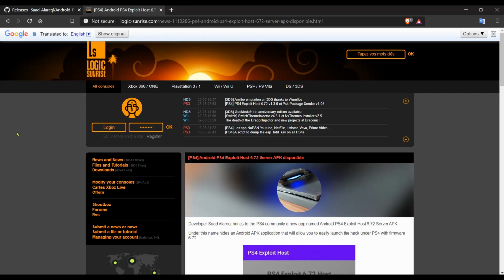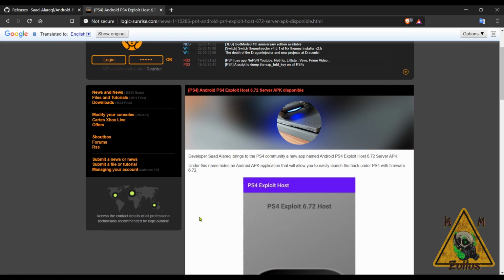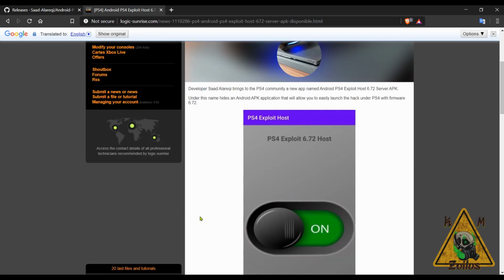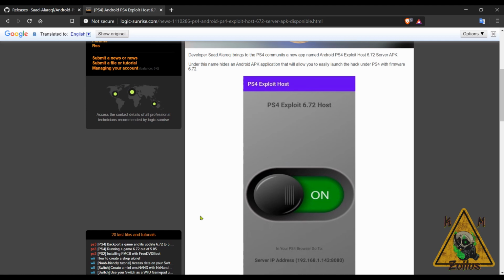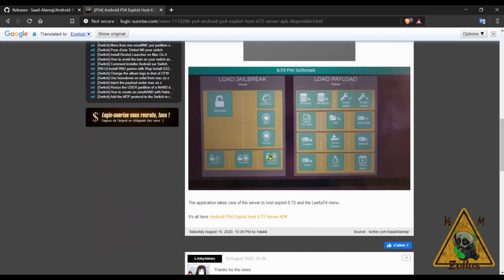Alright, and we will kick things off with the PS4 scene, and this, an Android PS4 exploit host 6.72. This acts as a server. It's an APK you just install in your Android device like any other. This one is based off of the lethal host menu, and you have your jailbreaks here. You also have your payloads, and so you can use your phone as a server in order to host the